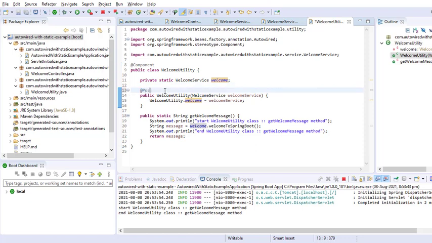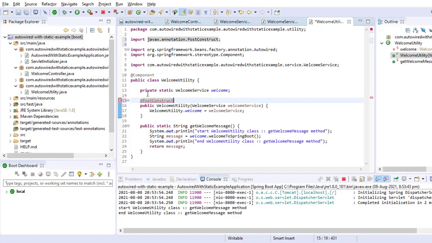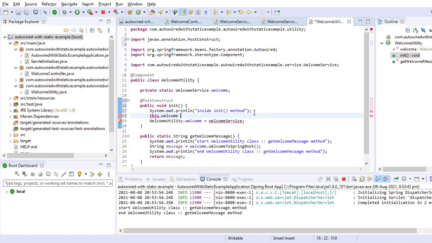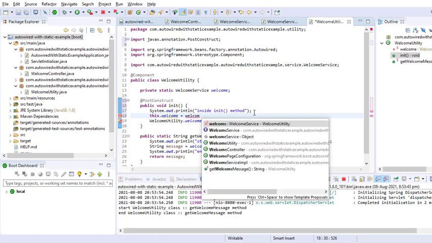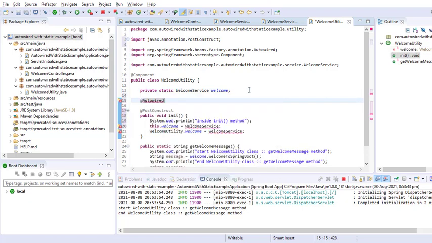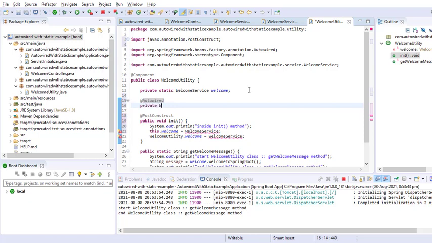Instead of this, we simply write @PostConstruct on this, and a public void initialization method, and inside the init method, for this you need to write @Autowired annotation on the WelcomeService reference.